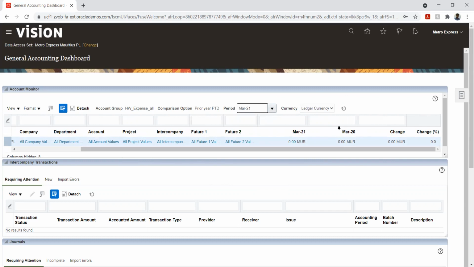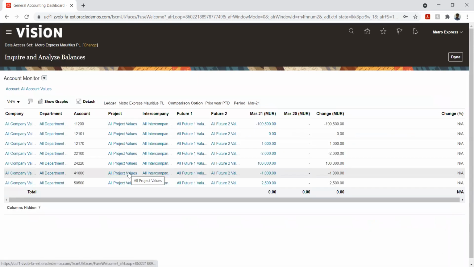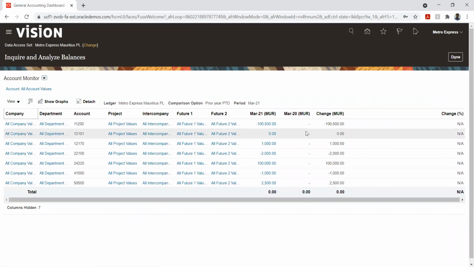Okay, so here the balances will be updated. I'll say all account values. Okay, so these are the basic things for the March period. These are the balances that we have, and since in the earlier period we did not have any transaction.